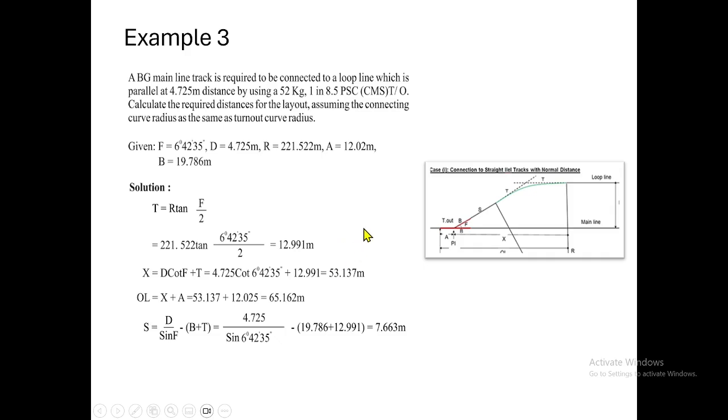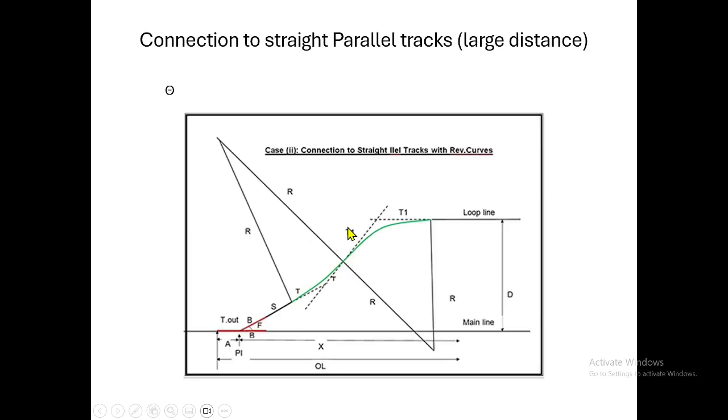This is something about this connection to two parallel lines when the distance is normal, that means some 4.72 here, some 5 meters, 6 meters, something like that. So the next type is a connection to side parallel tracks. Same connection, but the distance is larger. Suppose the distance is more, instead of 5-6 meters, when you have some 20 meters like that,